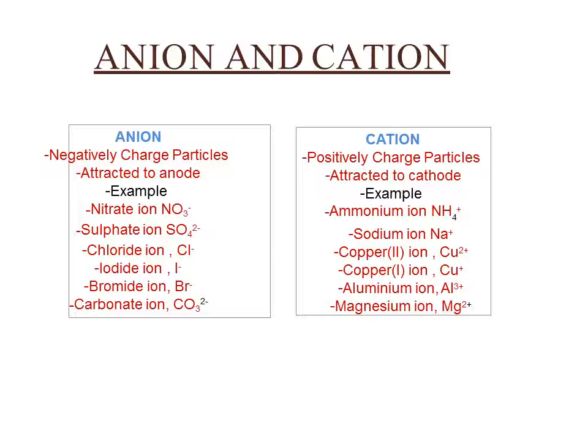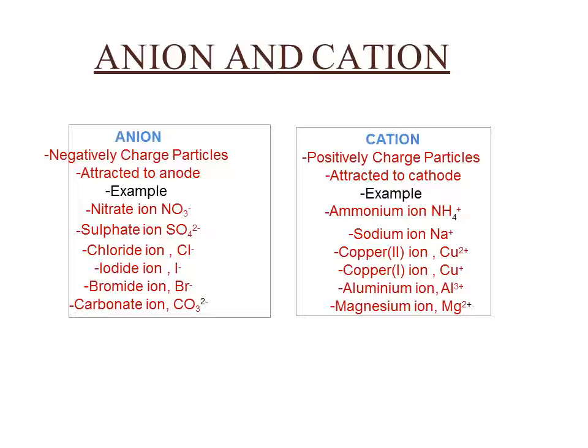Then we have bromide and carbonate. So nitrate, sulfate, chloride, iodide, bromide and carbonate are all anions and all have negatively charged particles, and these anions